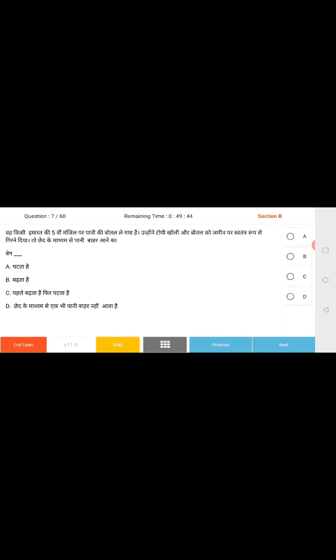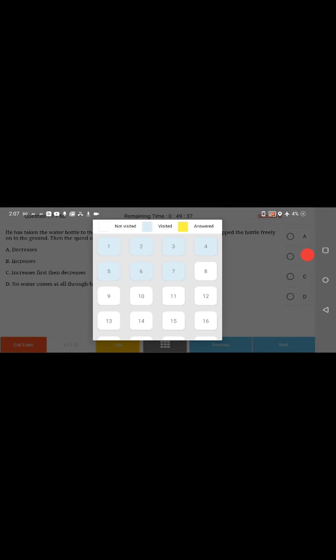It is written there, section B. Now over here I can see the questions belonging to section B and all the features which were there in section A, like the language switcher, jumping to any question, are also available in section B. So now the only difference here is in the bottom left corner there is an end exam button. So basically there are no more sections ahead of section B, and this is the last part of the exam.